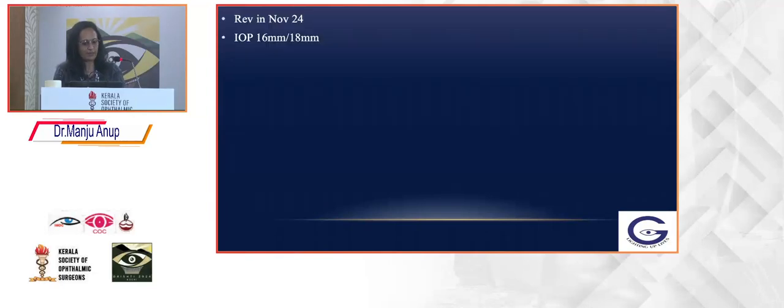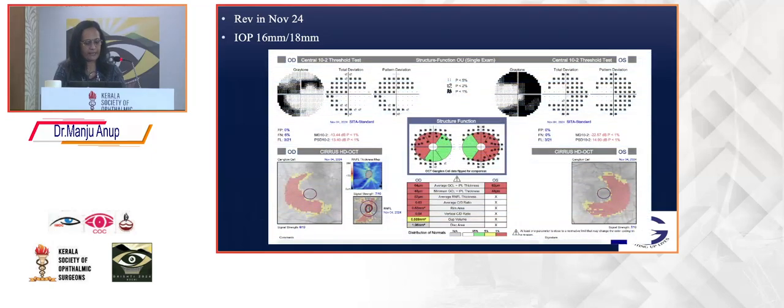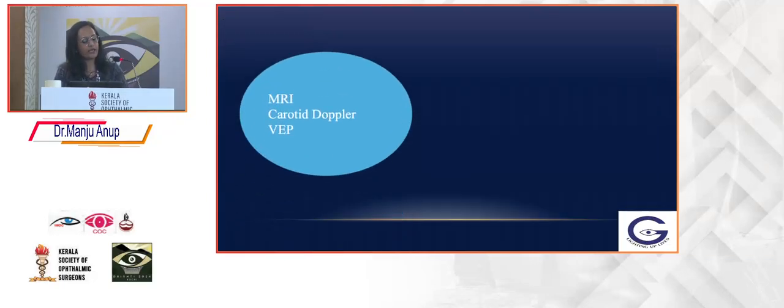Then after 6 months, she was reviewed in November 2024, and her maximum diurnal intraocular pressure was 16 in the right eye and 18 millimeters of mercury in the left eye. However, her fields and OCT were showing minimal progression in the right eye, but there was a significant progression in the left eye. So we ruled out all other causes for her progression, including MRI, carotid Doppler and VEP, all of which were within normal limits. So considering her pressures in the high teens, we reset our target IOP and added brinzolamide